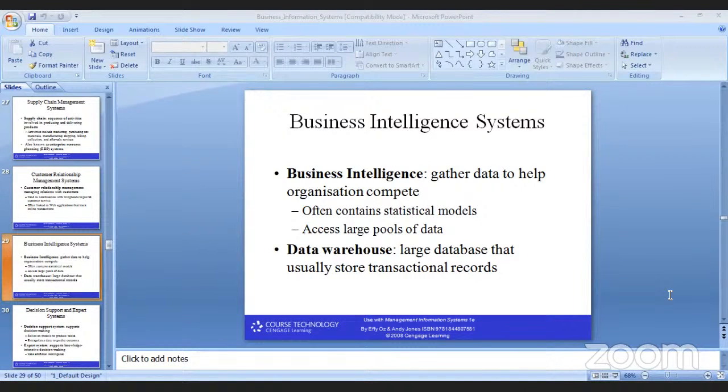So you see the chat. That's why I have written the keywords in the chat box. Business intelligence, system intelligence is the facts, the figures, the knowledge, the experience that is used to take decision for a given problem. The problem could be